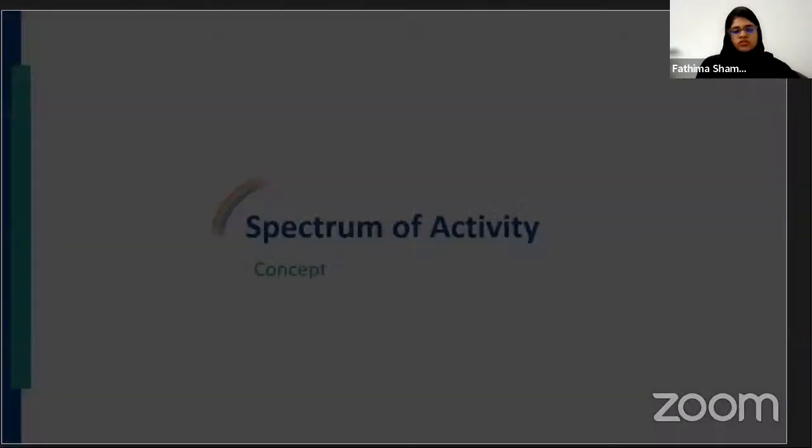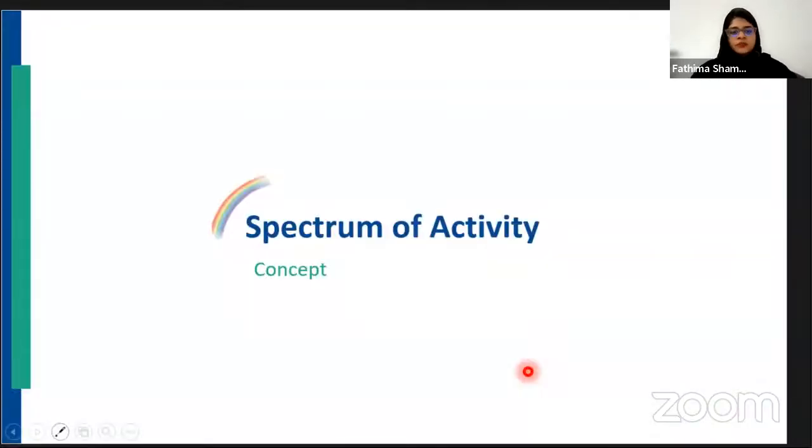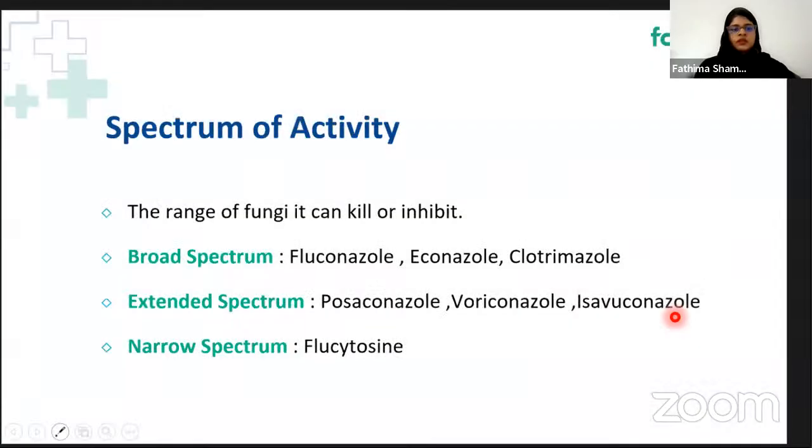Now we are moving on to the meat of our presentation, the important part, the spectrum of activity or the antifungal spectra. Spectrum of activity of antifungal agents means the range of fungi it can kill or inhibit. So we have broad spectrum, which includes fluconazole, itraconazole, clotrimazole. Extended spectrum